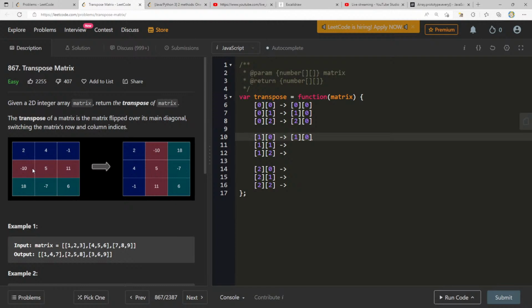Row, wait. Row 1, column 0 becomes row 0, column 1. Row 1, column 1 becomes, actually that stays. Then row 1, column 2 becomes row 2, column 1.